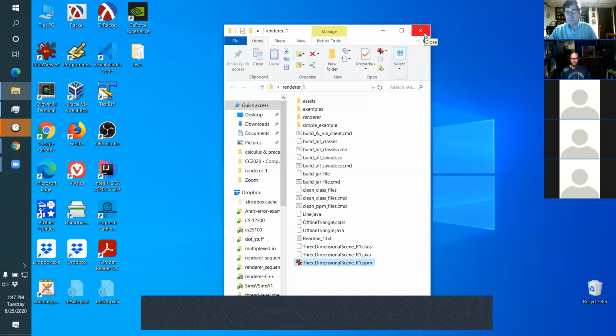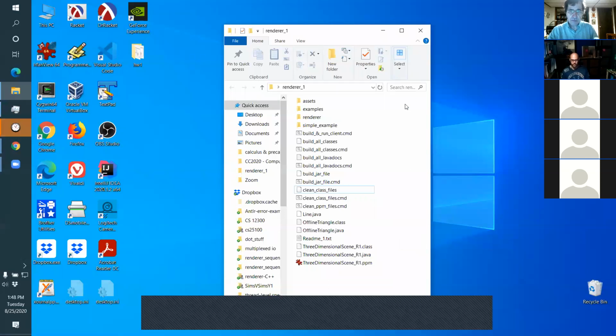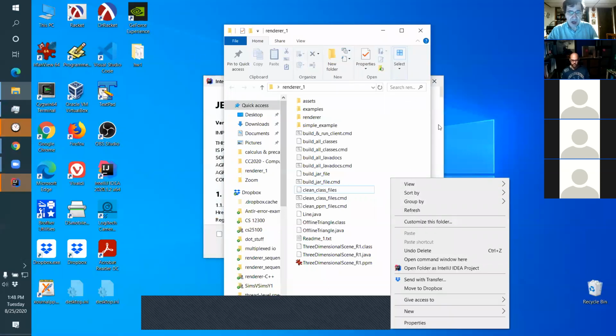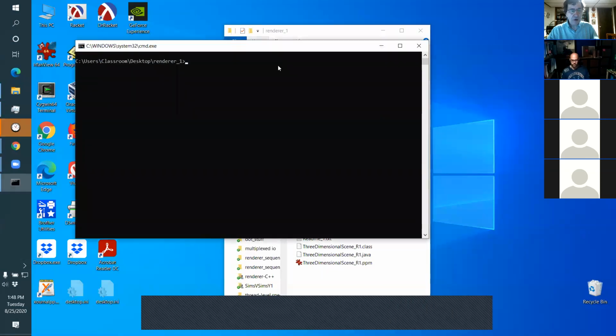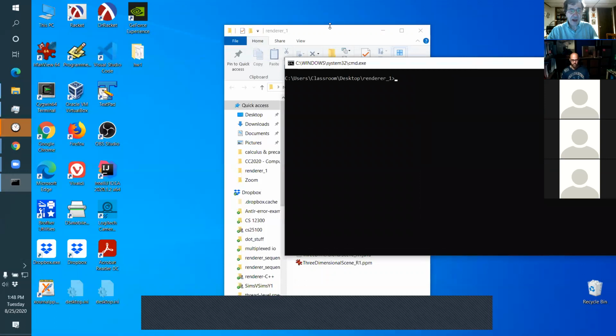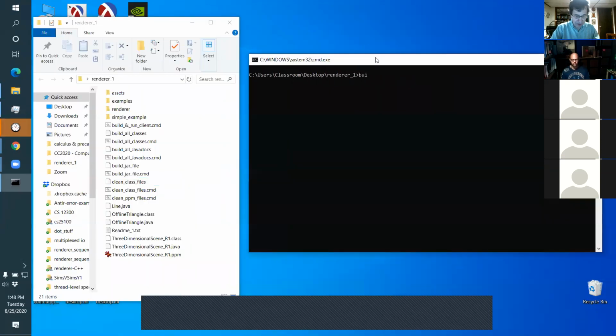Okay. Can we try this on Linux or should we do it on Windows? Oh no, I put the build scripts there for that purpose. I put Linux build scripts in there, so in Linux, you should be able to open a command line and then just run the build scripts from the command line. Just like I can do it here on Windows, you should be able to build the